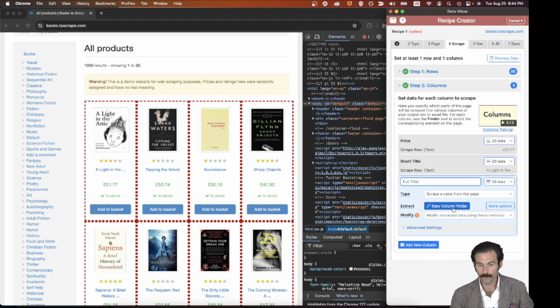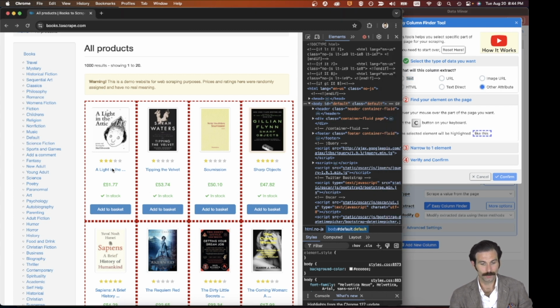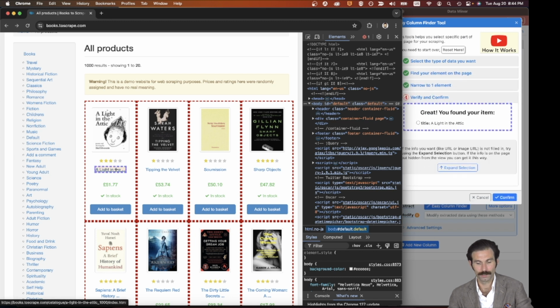So what I can do is go to the Easy Column Finder, and instead of asking for text, which was that white part in the code, I can click Other Attribute, which is essentially just looking for attributes rather than text. And if we look for other attributes and we go back,